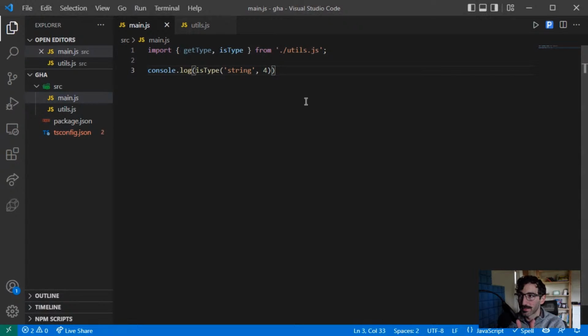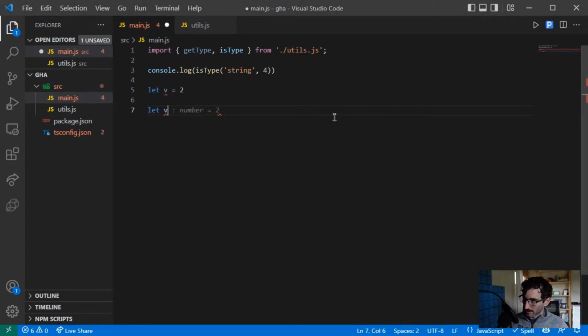But TypeScript has some special features. So while let v equal 2 is valid JavaScript, in TypeScript, you can do something with a little bit different syntax, where you can do let v colon number